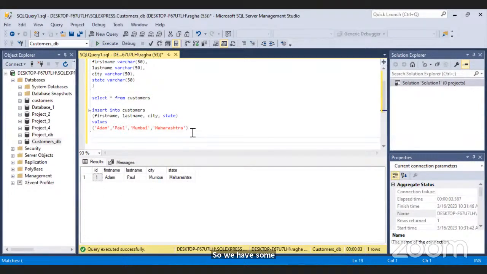I'll add a few more rows to this. To save time, I'll just extract it from here.